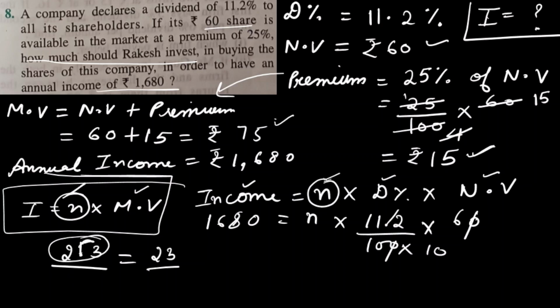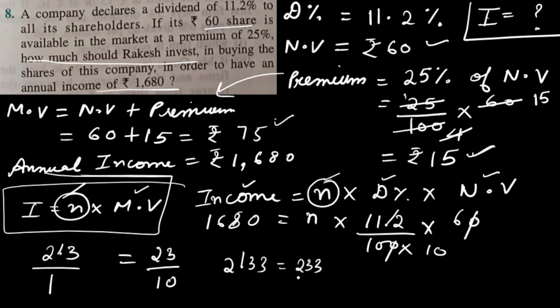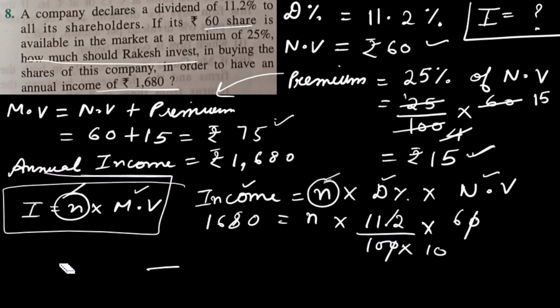What is this 2.3 actually? This 2.3 is 2.3 by 1. Any number we can write this way. So I can write this one as 23, and when I am removing the decimal, 10 I have to write down because after the decimal only one digit is there. Suppose I have 2.33. If I remove the decimal, this will become 233 by 100. So like this we can remove decimals.